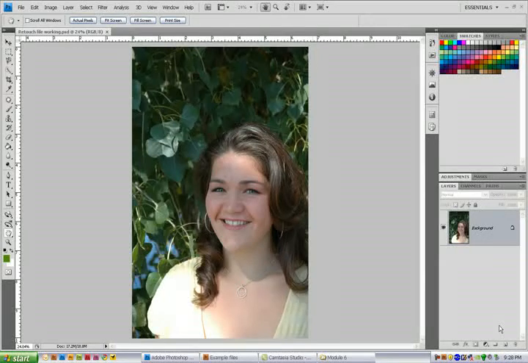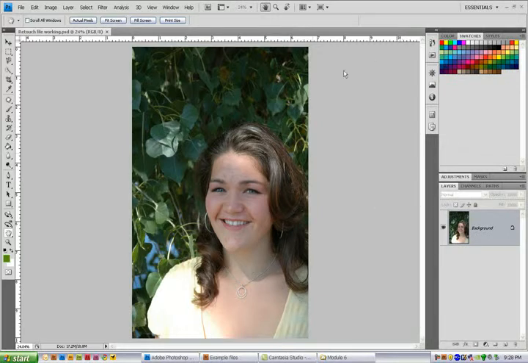So in the first module, the first chapter, you got an introduction, a very silly introduction into the history panel and what the history panel's for. I would deter you from using the history panel as an undo panel. However, it does have a great use, and that is with snapshots, and that's what I want to show you right now. Snapshots are a great way to create some interesting effects with a photograph and have flexibility to go